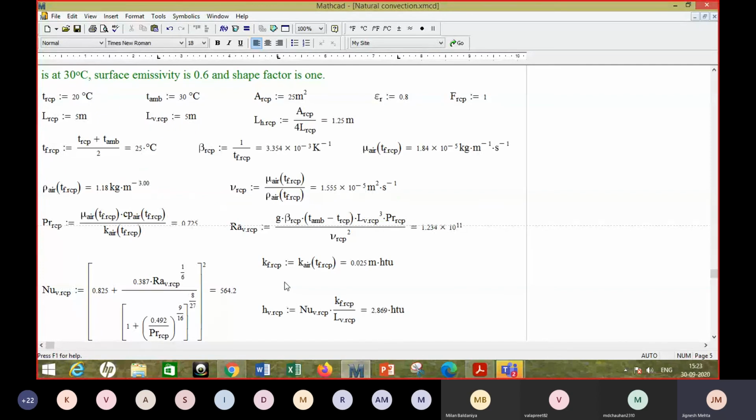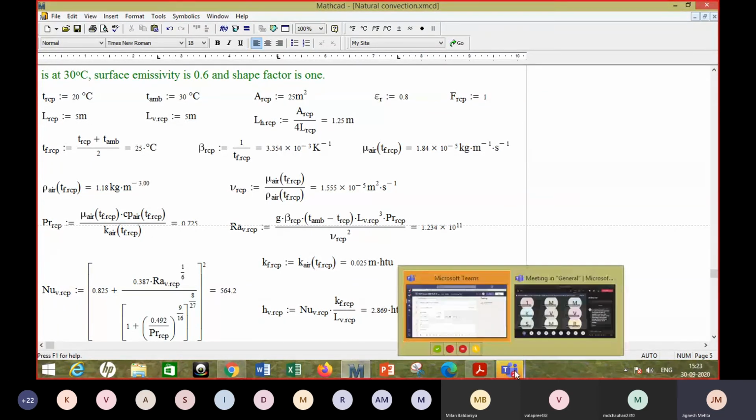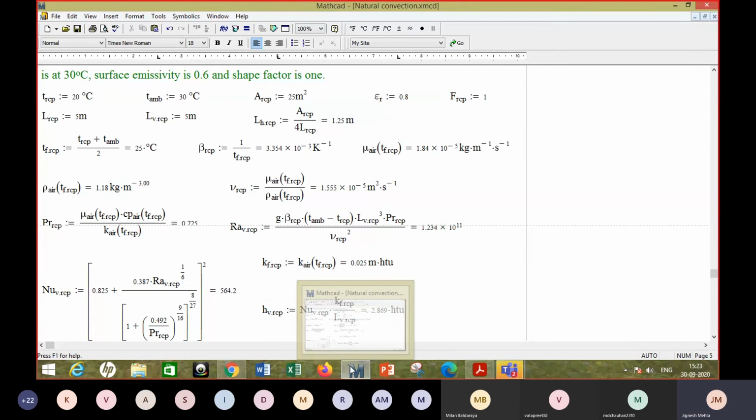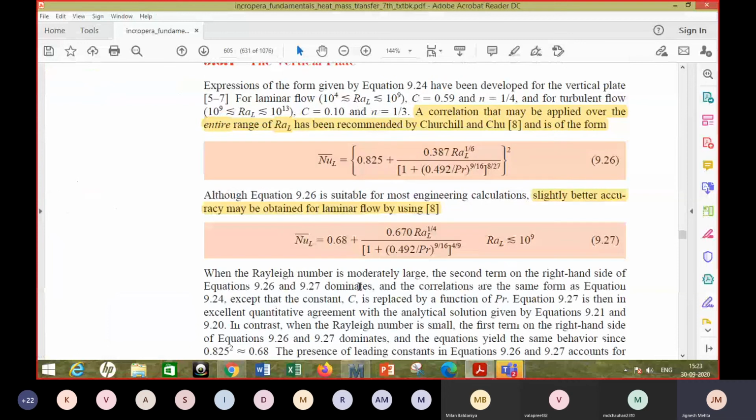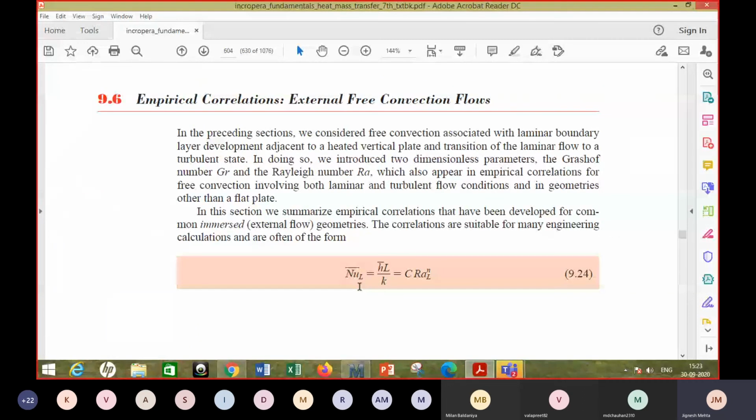It is a cold plate, right? So air will move down actually, whether it is kept vertical or it is kept horizontal, and it is found that it would be better to keep it horizontal. It provides you higher heat transfer coefficient. So if you keep it horizontal, the heat transfer phenomenon is more effective.